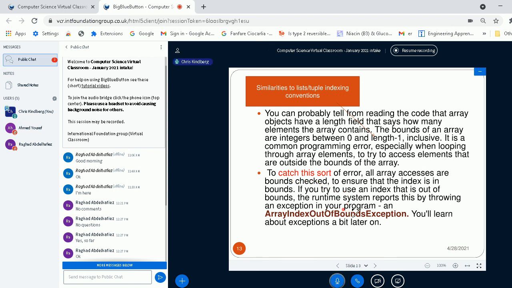So it'll actually throw an exception of type ArrayIndexOutOfBounds, and you can deal with that by writing appropriate code, and we'll look at that later on.